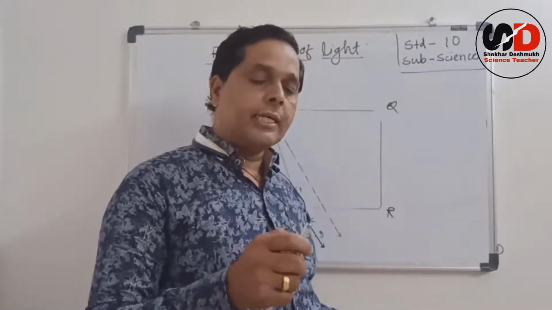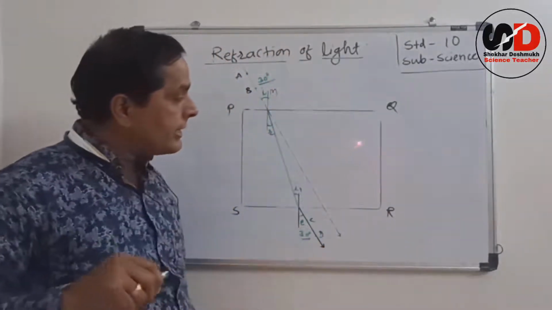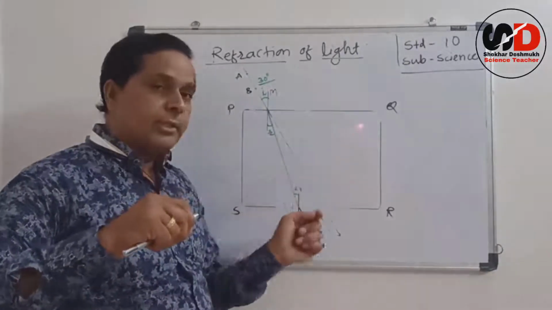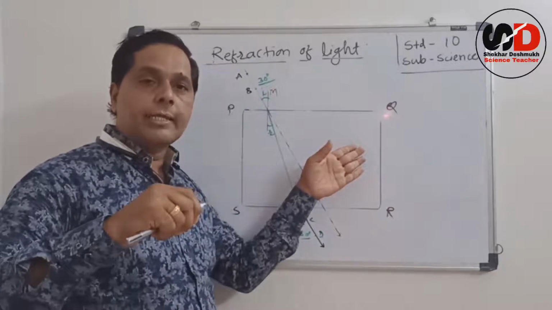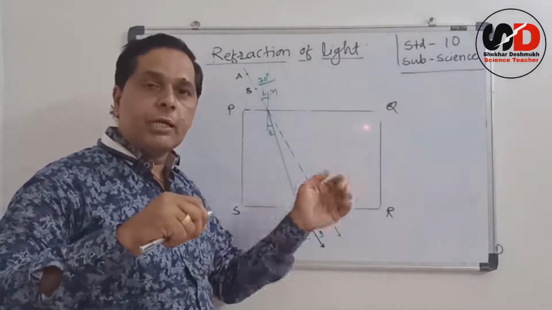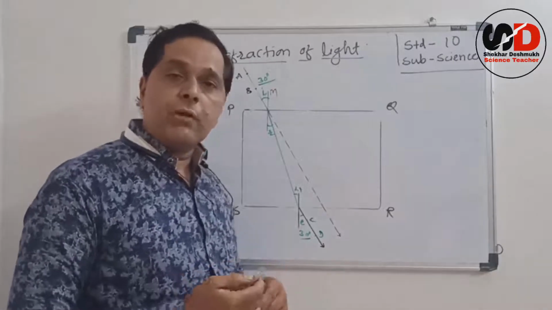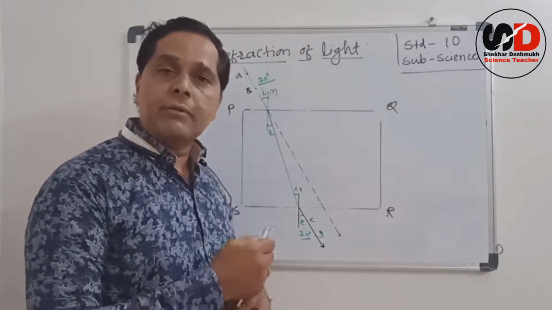Look, I have a laser beam. We can see where the laser beam falls, but we cannot see the path of the light. The path of the light ray we cannot see. Whenever this path becomes visible,